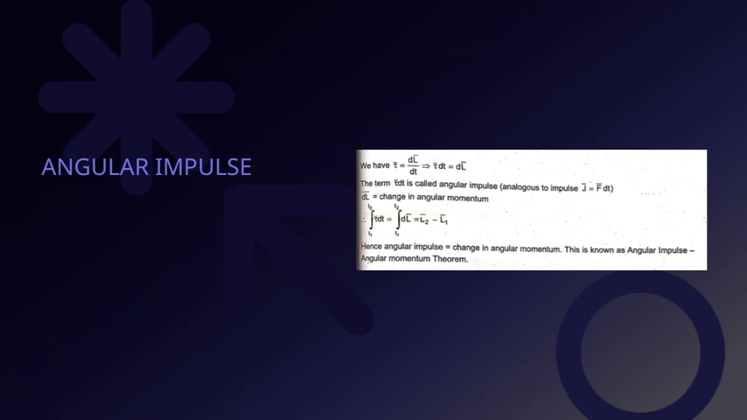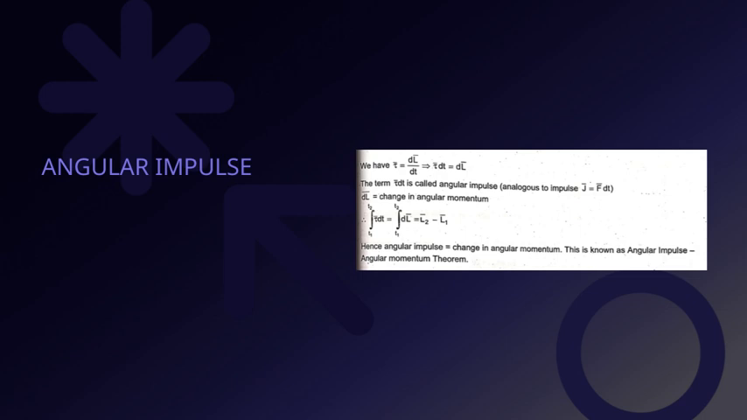When a torque acts on an object, it causes a change in the object's angular momentum. This change is what we call angular impulse. The most important thing to remember is that angular impulse is equal to the change in angular momentum. So, if you know the torque applied and the duration it acts, you can determine how much the angular momentum will change. This relationship helps us understand how forces influence rotational motion over time, which is crucial in designing and